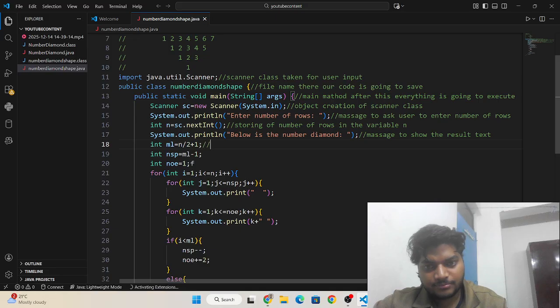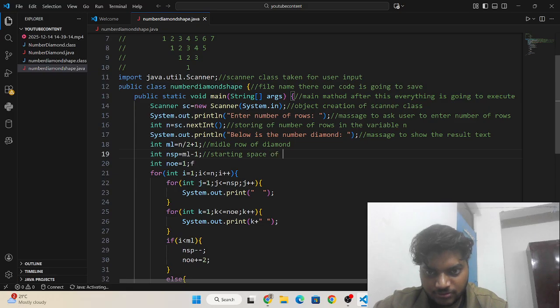This is the middle row of the diamond, okay. This is the starting space of the diamond.